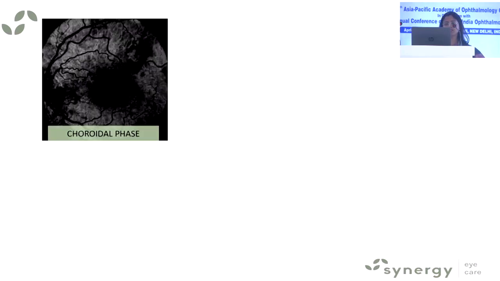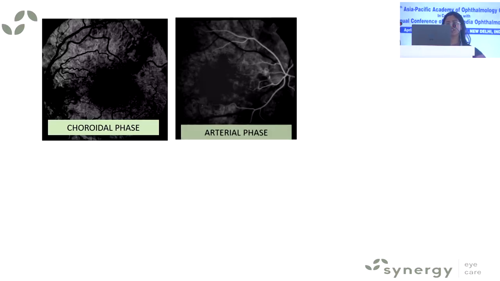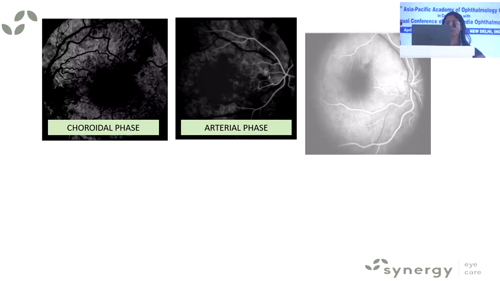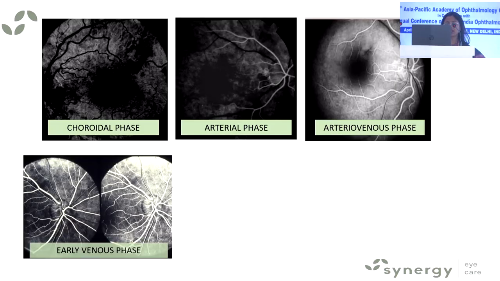So first of all, there is the choroidal phase where the choroidal flush can be seen, followed by the arterial phase where the arteries are filling. In the arteriovenous phase, the arterioles, the capillaries, and the post-capillary venules start to fill, and we can see a laminar flow in the veins as well, which is followed by an early venous phase where still the veins are